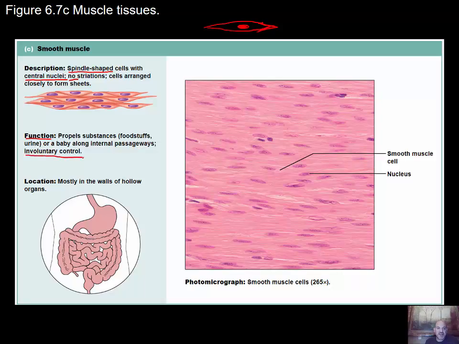under involuntary control. So that's kind of funny, to propel a baby with the uterus, which contracts and helps to push the baby out during childbirth, when during labor, the labor contractions, that smooth muscle that's working to help push the baby out. So the location is going to be mostly in the walls of hollow organs, and this is a micrograph showing